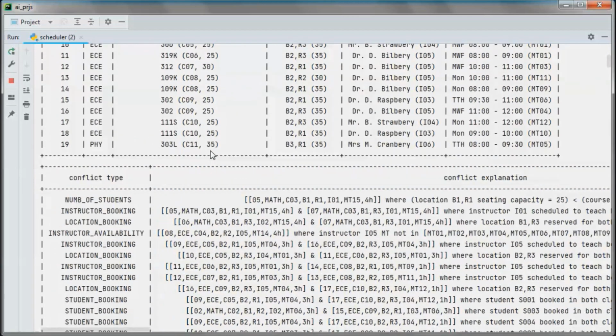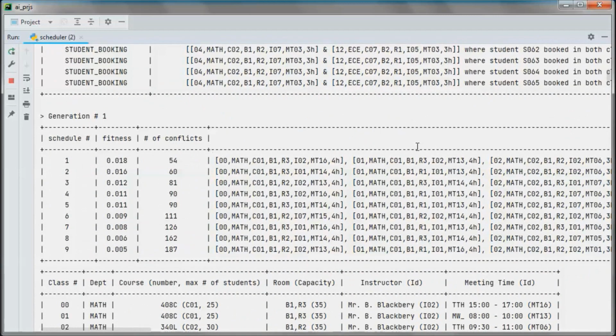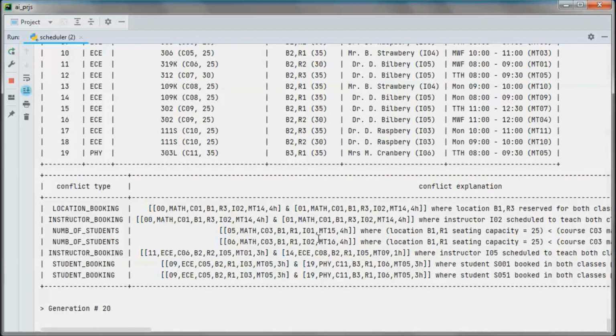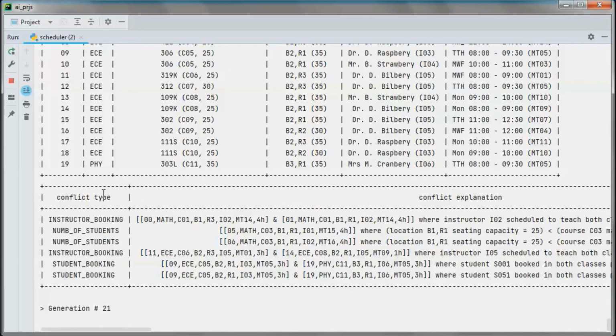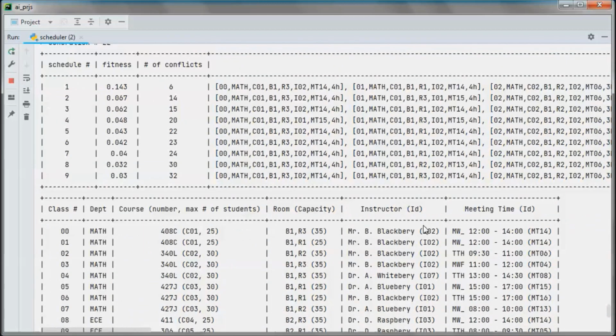And those are the conflicts in generation 0. So those are the conflicts in generation 21.